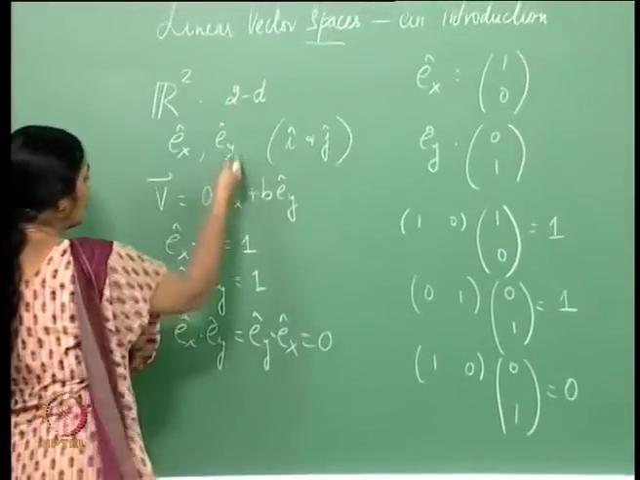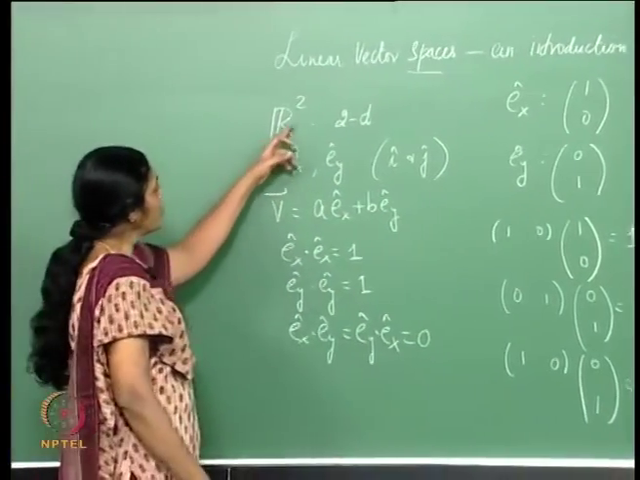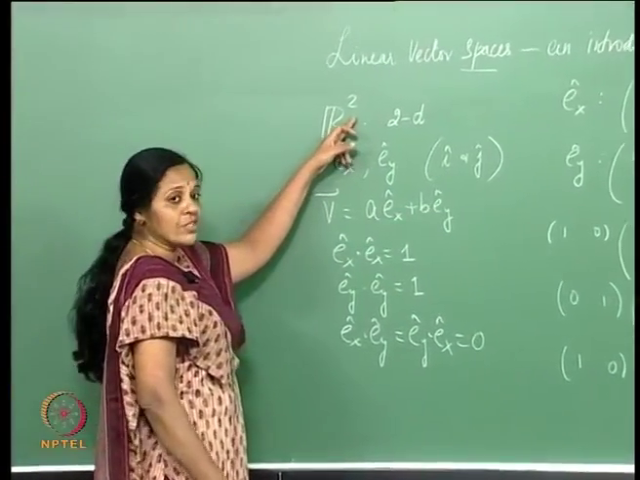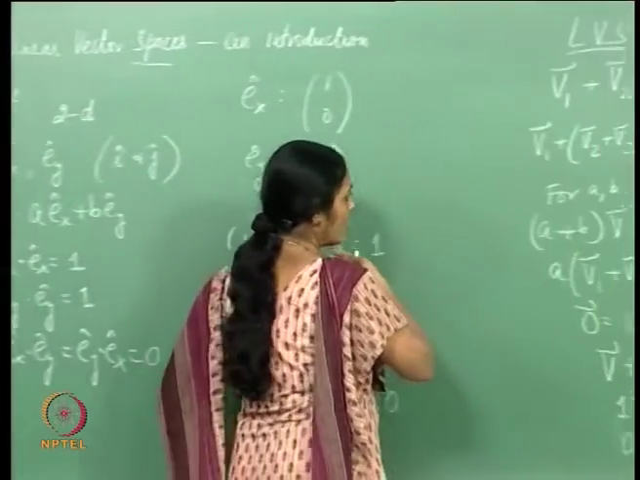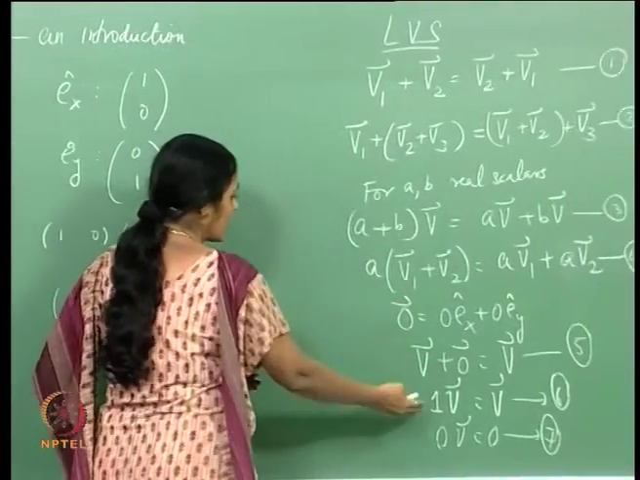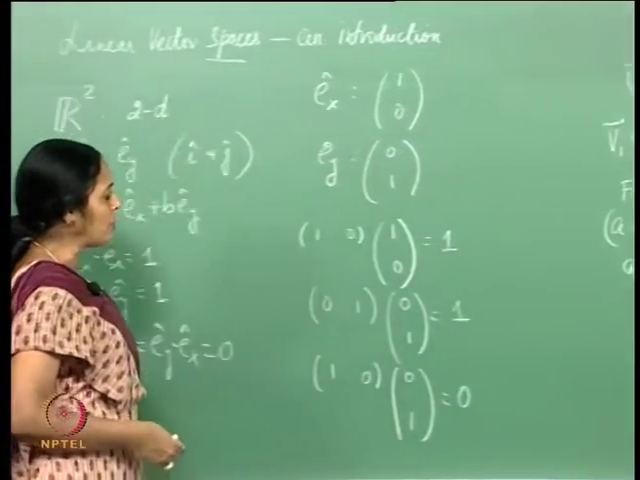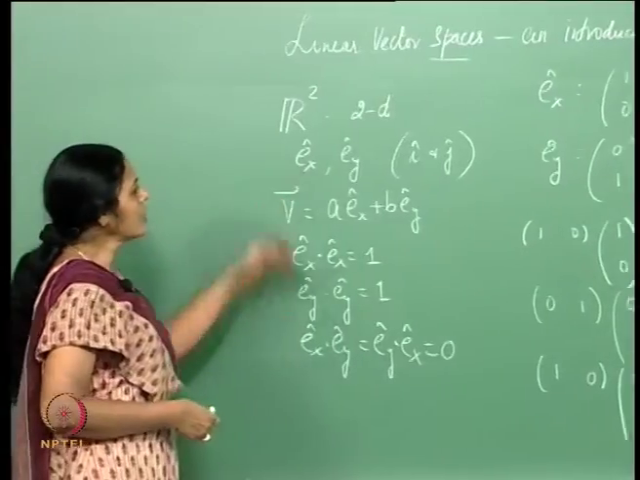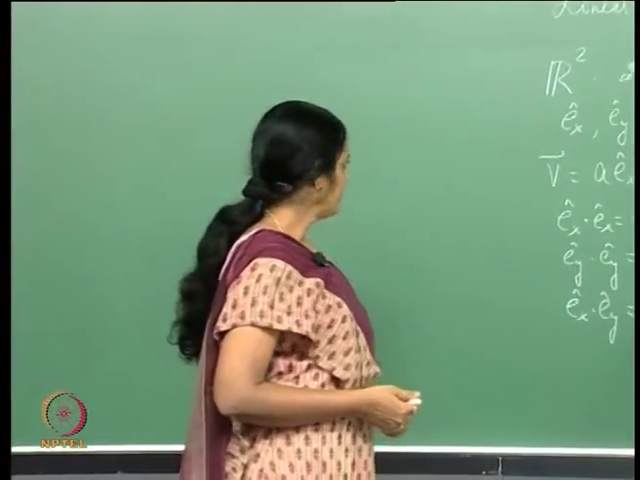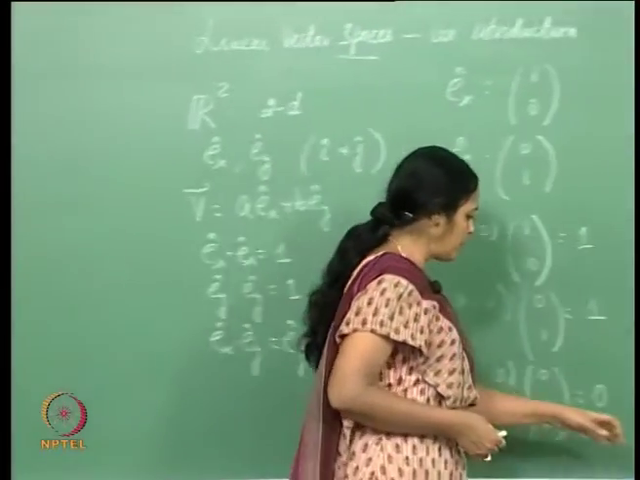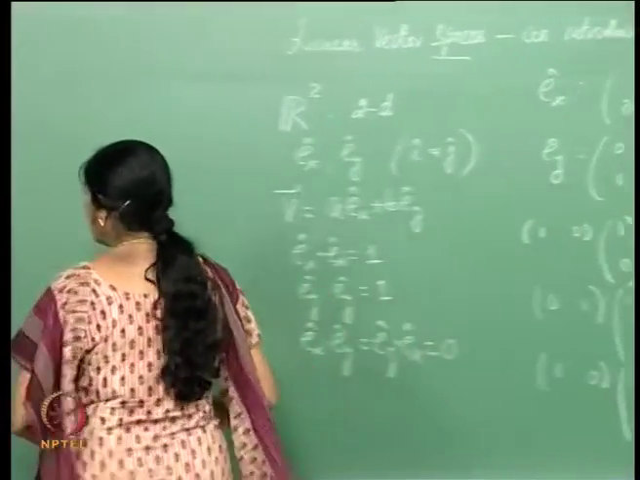It's very easy for you to check out that R2, the two-dimensional Euclidean space, all vectors or states in R2 satisfy these 7 properties. So this is the simplest example of a linear vector space. I can think of more examples. For instance,